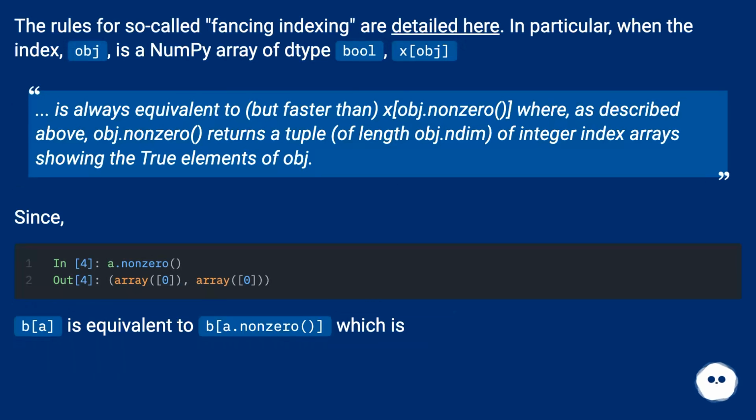The rules for so-called fancy indexing are detailed here. In particular, when the index obj is a NumPy array of type bool, x[obj] is always equivalent to, but faster than, x[obj.nonzero()], where, as described above, obj.nonzero() returns a tuple of length obj.ndim of integer index arrays showing the True elements of obj. Since x[b] is equivalent to x[b.nonzero()], which is